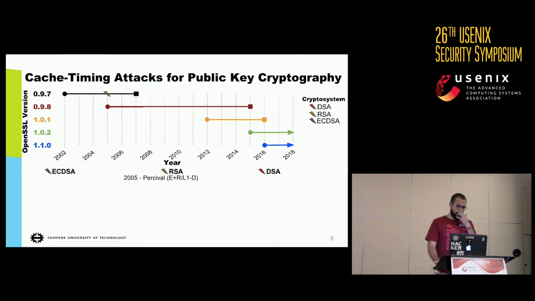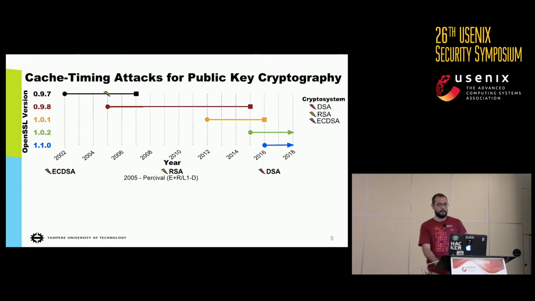Okay, so in cache timing attacks, everything started around 2005, when Colin Percival performed a nice cache attack on RSA, where he recovered the exponents using an evict plus reload attack and the L1 data cache. That was in OpenSSL version 0.9.7. You have the OpenSSL version to your left, and then the year down there. And the cryptosystem is